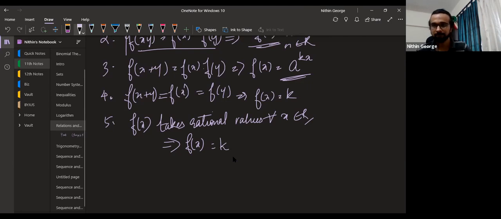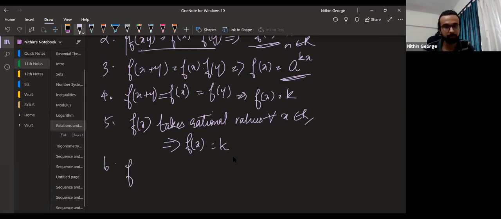All right? Got this? The thing is, if f of x takes rational values for all x, it's very tough because you will pass irrational values as x, right? But for it to pass only rational values coming out, then it has only one meaning here. F of x is equal to k. And it's given that f of x is a continuous function, not like g of x or anything. All right. So we're assuming that f of x is a continuous function in all these cases. If it takes rational values, then f of x equal to k here, which means the constant function.